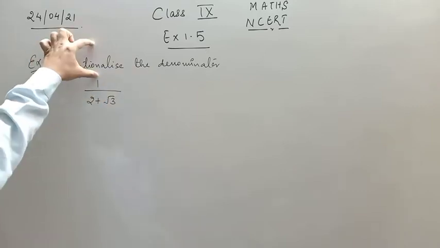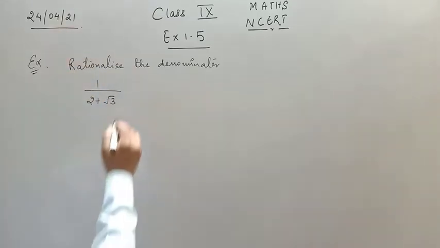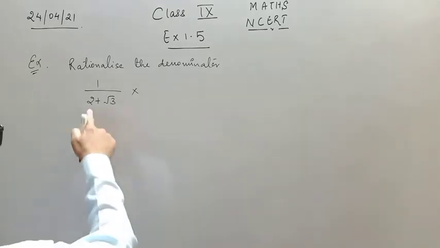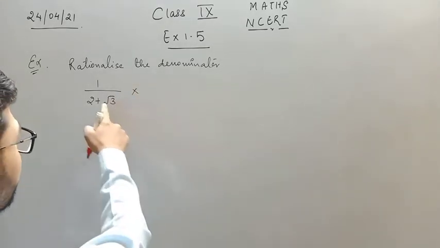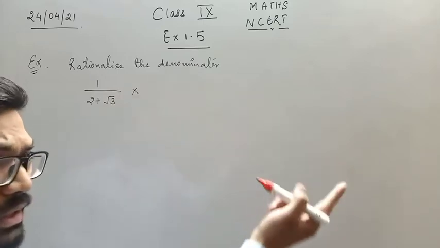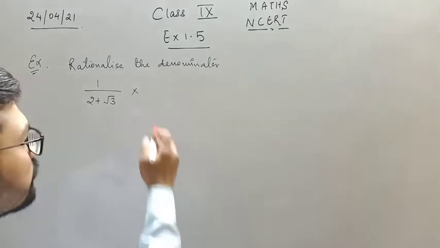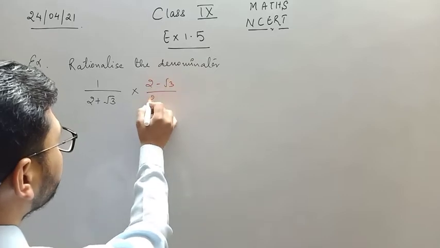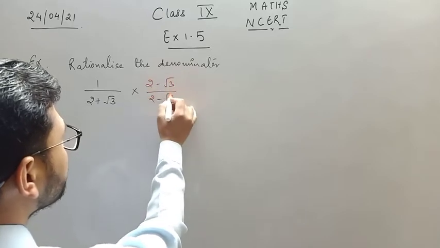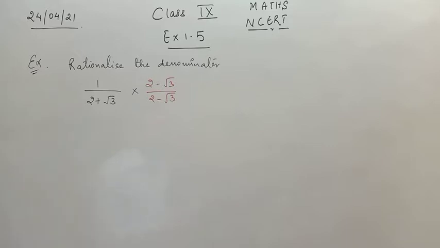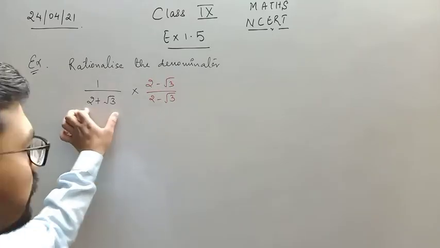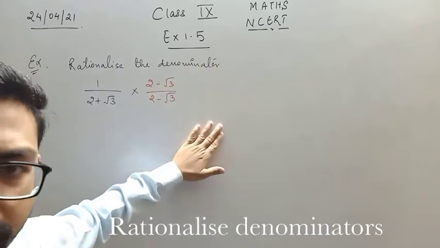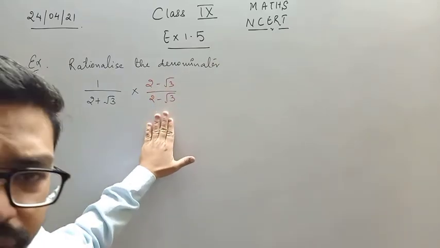So what does rationalize mean? Rationalize means you just need to multiply the negative of this number, like 1 upon 2 plus root 3. So rationalize means you multiply and divide the numerator and denominator by this number. So this is known as rationalization. बेटा, rationalize का मतलब ही क्या होता है, जो नंबर आपके पास है उसका नेगेटिव पार्ट आपने क्या करा, मल्टीप्लाई एंड डिवाइड कर दिया इन न्यूमरेटर एंड डिनोमिनेटर. This is known as rationalization.